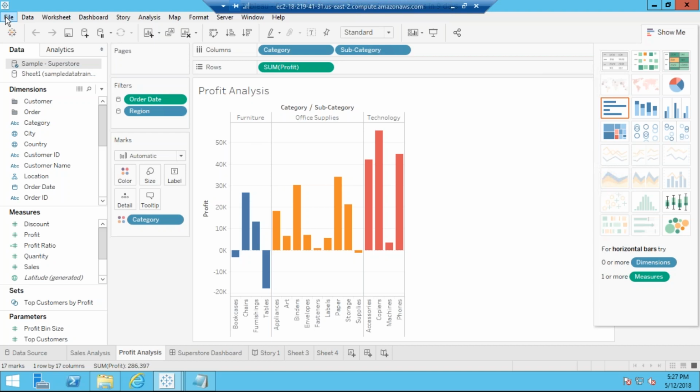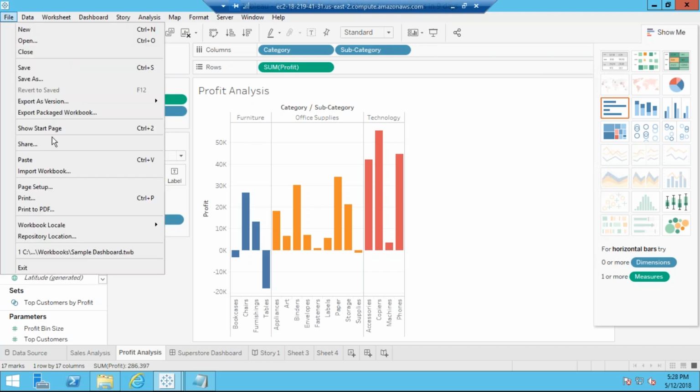Whenever I work, I have some requirement, so I share those files with my colleagues. If the data is not confidential, I can share it, or I can create new sample data for that particular problem I'm facing. And I'll share it as TWBX.